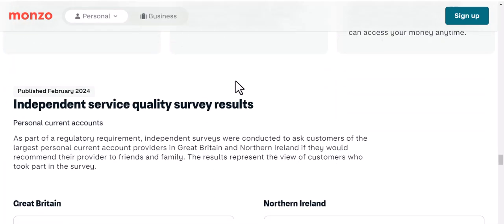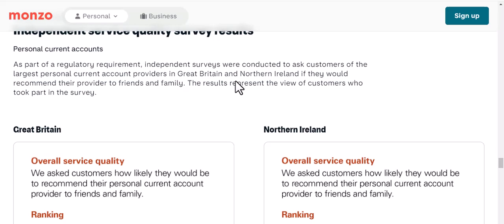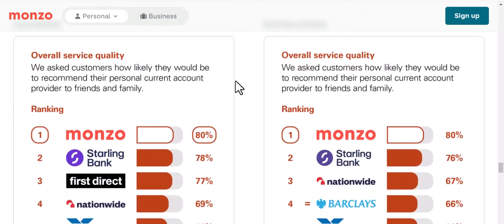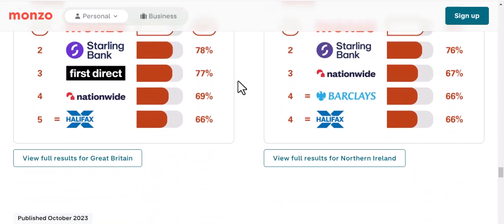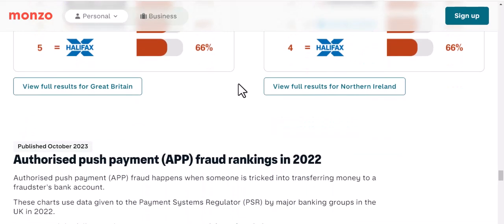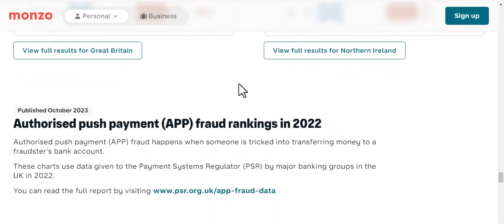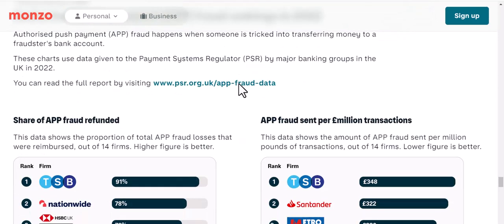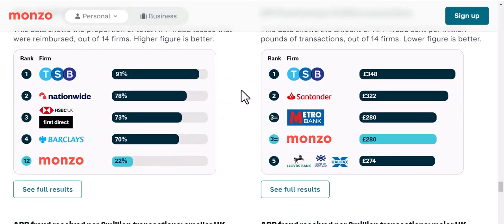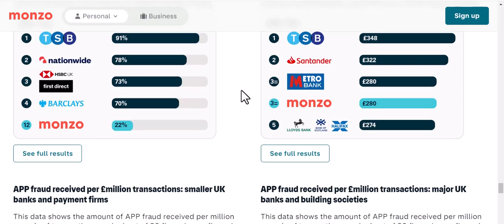Look for specific department emails. Depending on the nature of your dispute, there might be a more specific email address. For example, if your dispute relates to a fraudulent transaction, there might be a dedicated fraud reporting email. Again, check the Monzo help pages for these specific addresses. Important note: be wary of unofficial email addresses you might find online. Always verify the legitimacy of the email address through Monzo's official channels.